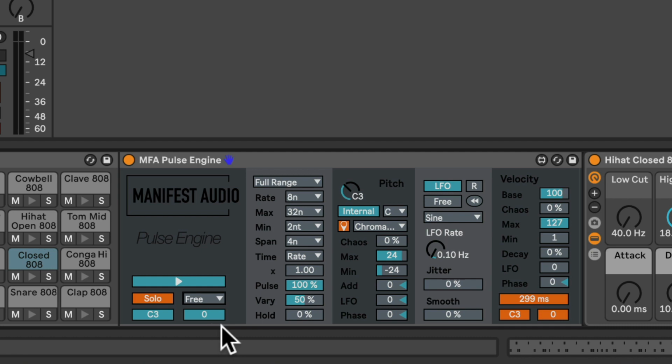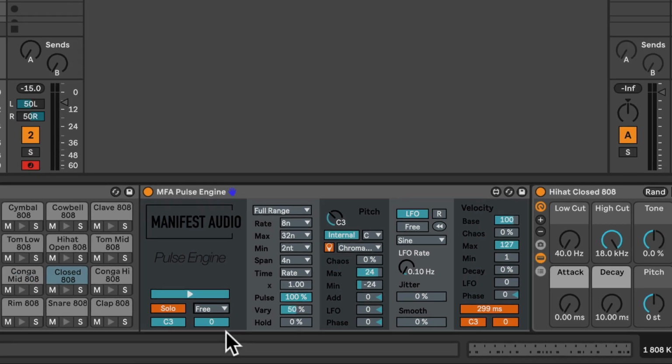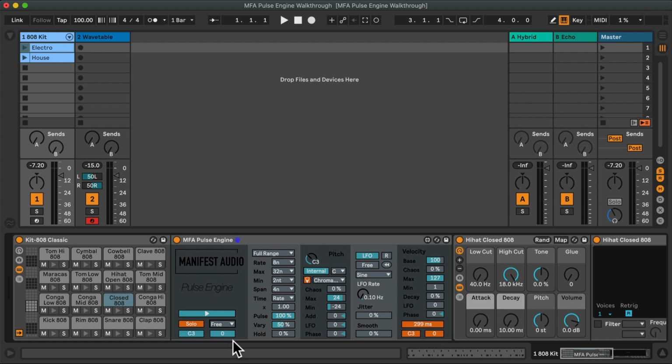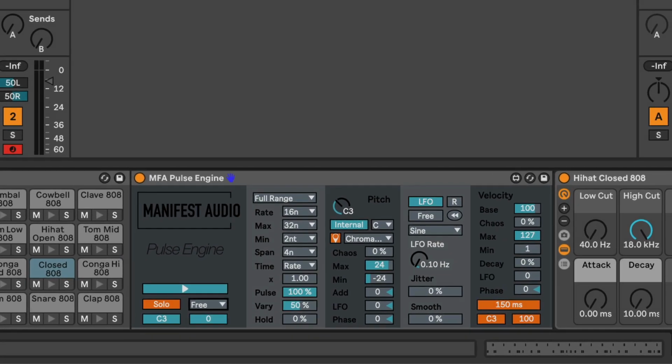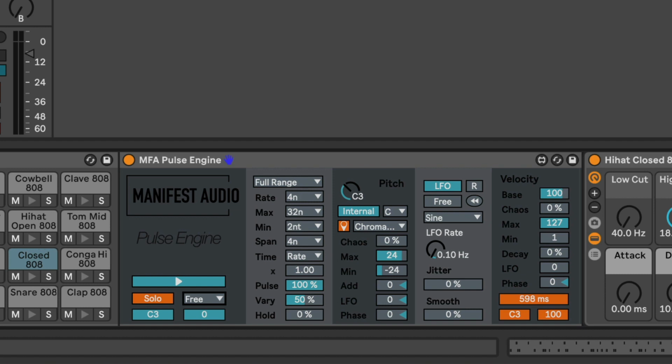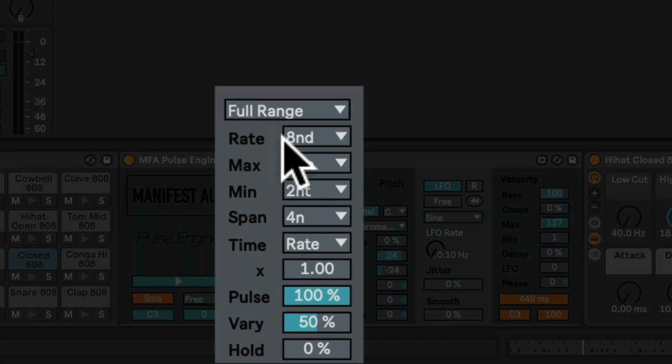To explain the next section, it'd probably be good to have some pulses being generated. So all I need to do is start Live's transport. And it might be good to hear this along with a beat. So I'll trigger the electro pattern underneath. And what is happening essentially is the rate of pulses generated at the pitch of C3 is